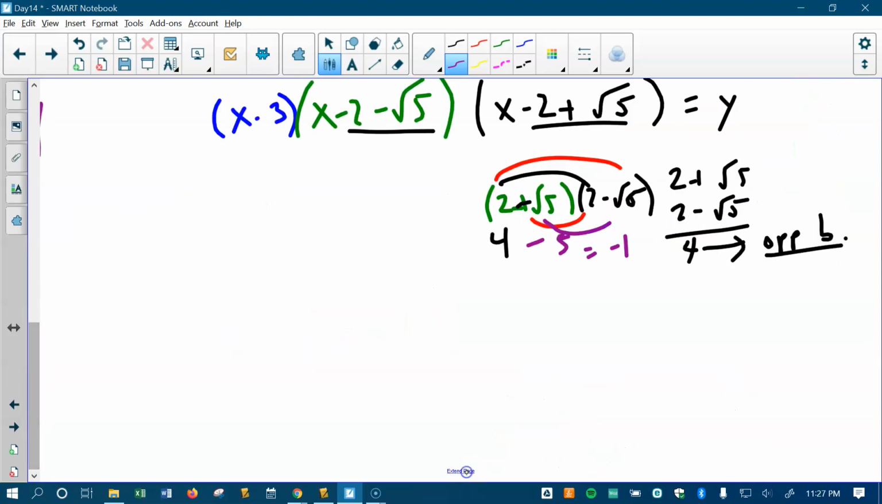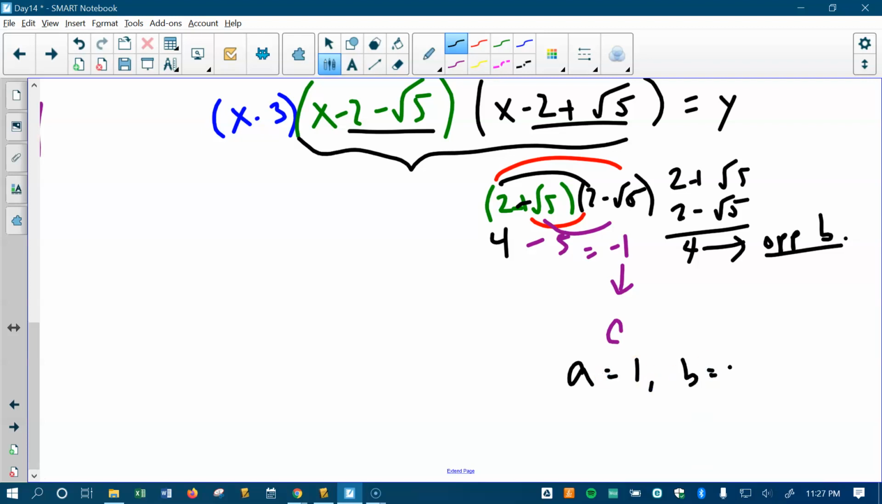This part is equal to c. Just c, not opposite b, just c. So when I multiply these two together, a is equal to 1, b is equal to negative 4, the opposite value of 4, and c is equal to negative 1. So now what I have is x minus 3,